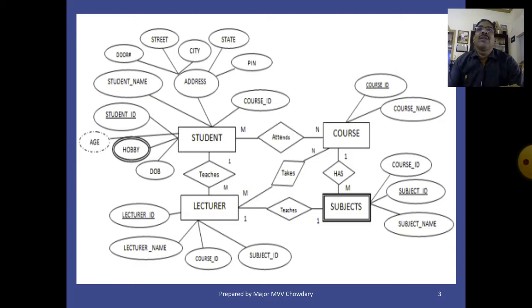We have established a relationship between student and course as attends. The relationship is attends between student and course tables.